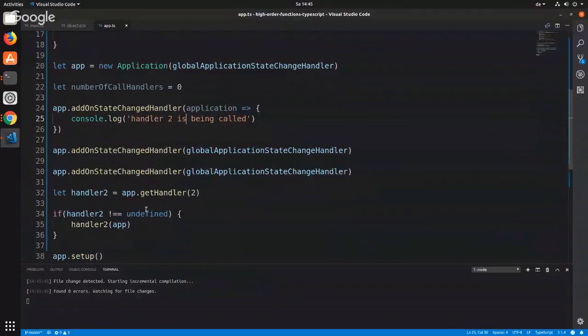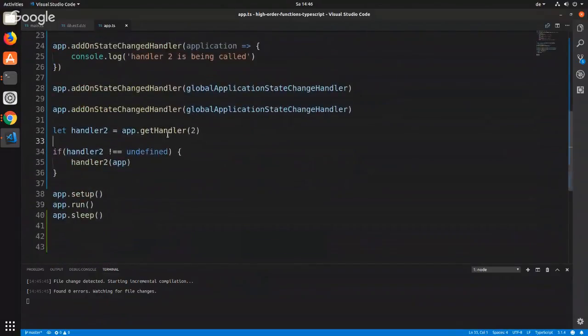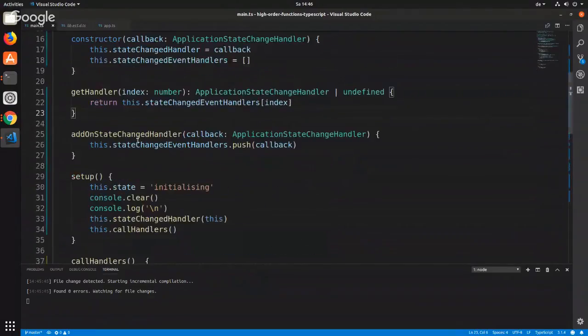All right, so we can retrieve a callback, and if we look at the type here as well, you'll see that it's of application state changed handler. So you can pass a function into another function, and you can pass another function into a function and return another function. So you can map a function into another function in essence. All right, so it's a nice easy way of working with things. But if you can get your mind round higher order functions, then you can work with things so much easier. Like we could